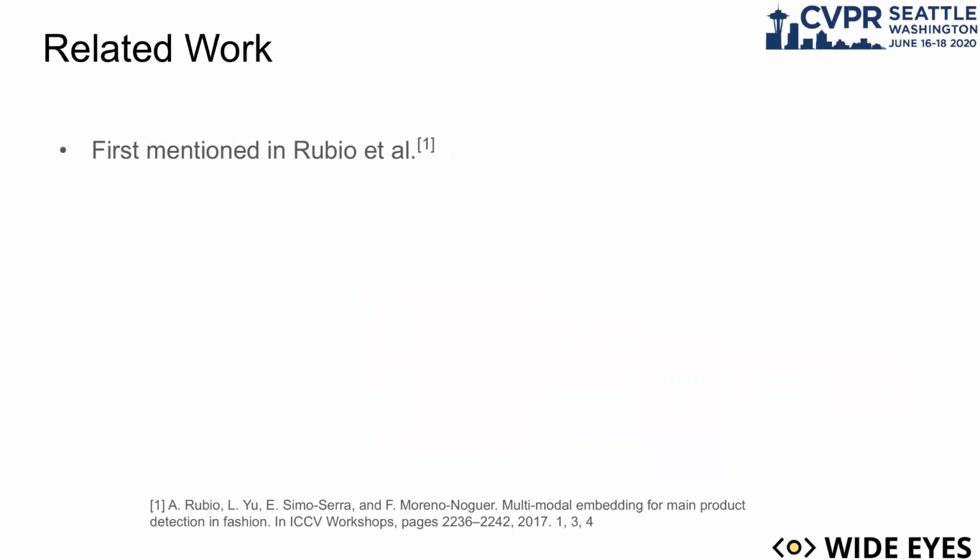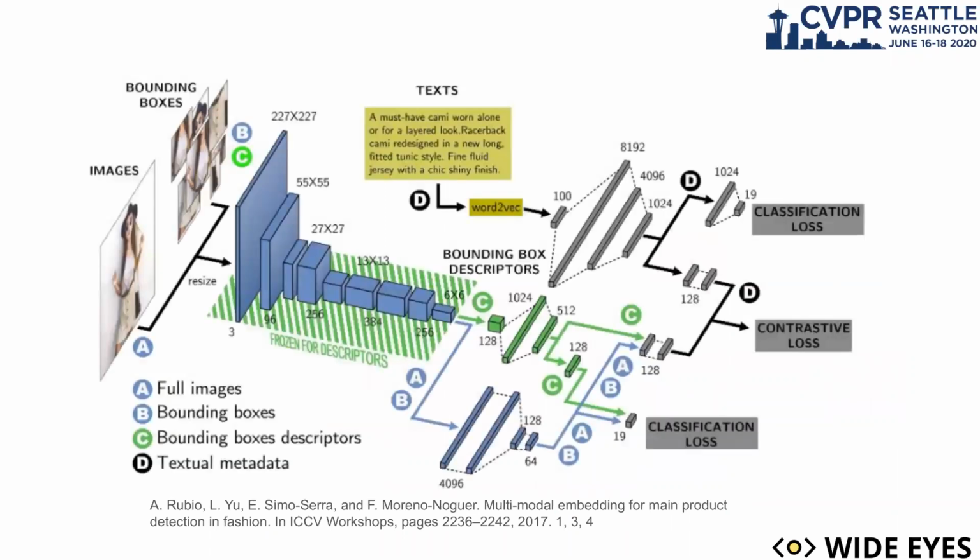This was first mentioned in this work, and this was the model that we were using. They were using a word2vec model to get the title embedding, and then they were using AlexNet in order to get the image features. At the end, they had two classification losses, for image and text classification, and one contrastive loss